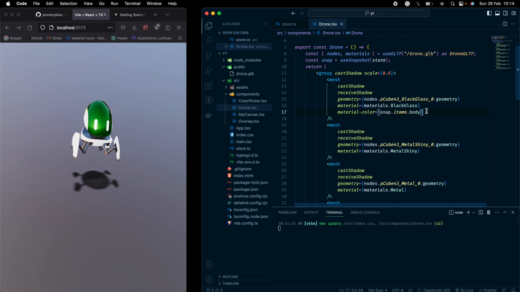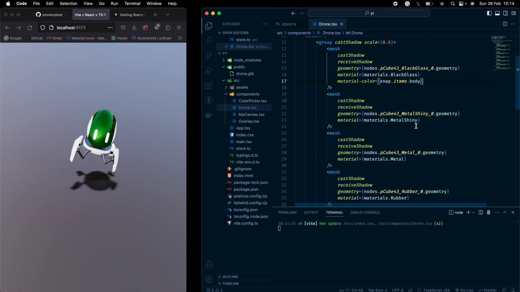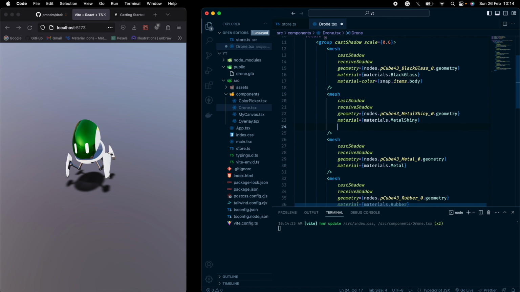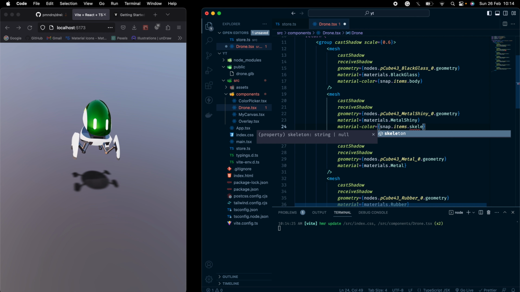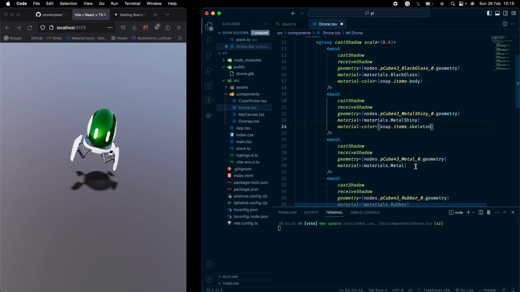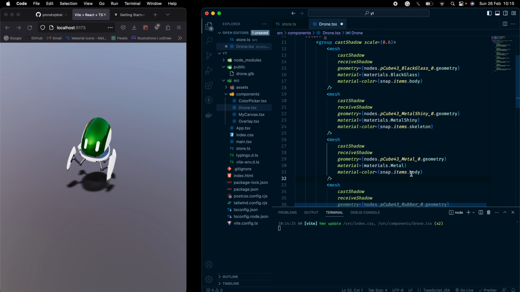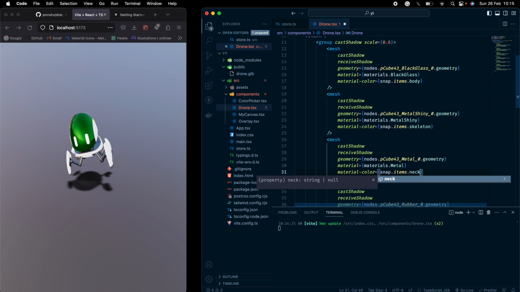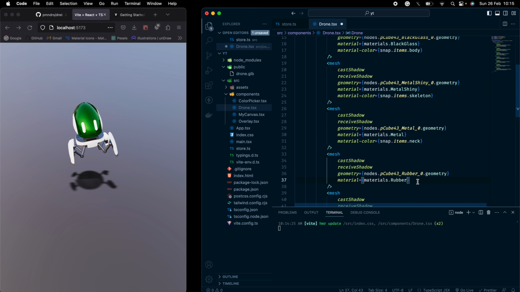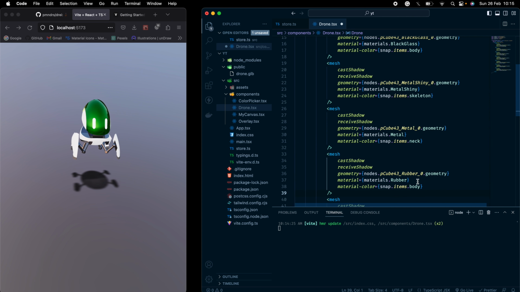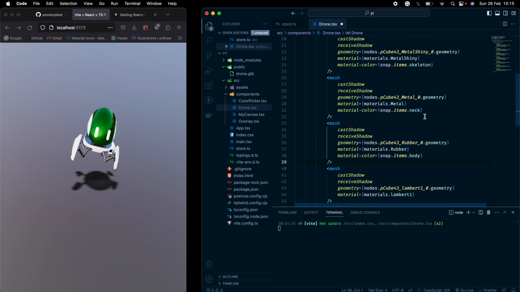Fine, I'll copy this out right here, and this will be skeleton. This will be skeleton. This will be the neck, and the neck. This will be the feet,